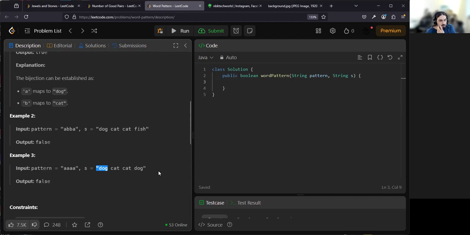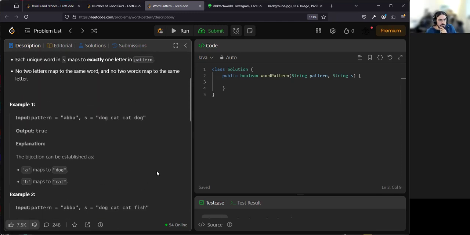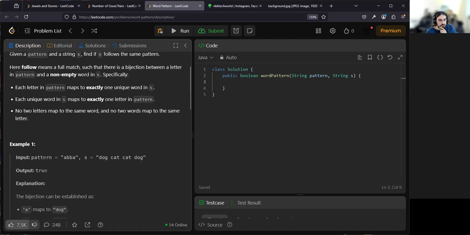Now, to approach this problem, I'm going to use a combination of a map and a set. The reason I have to use the set is because I don't know if the word has been used before, matching another character. You'll see. Basically, we're going to look at this array of words and split that into an array of other strings. So you've got dog, you're going to split with the space as a delimiter, cat,